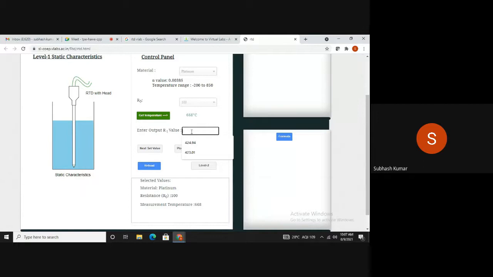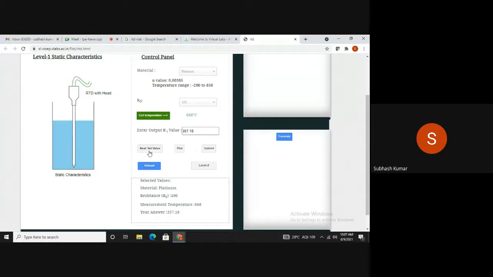It will be 2.5718 plus 1, so 3.5718, and we multiply with 100, because the value of R0 is 100. So it will be 357.18. Now we submit it and check whether the answer is correct or wrong. See, it comes correct. It means our answer is correct.